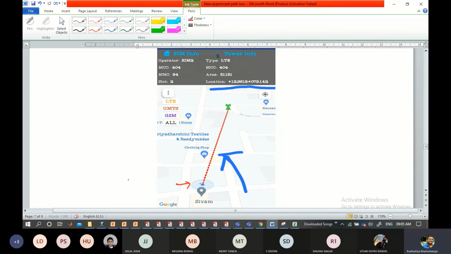Suppose you are taking your first reading through the MyTri app, at this location. Yes, sir, I am getting data under My SIM info, but not under the tower info. You have to click on the tower to get the info. Click on this button, tower info here. Is it coming? No, sir. Just click on that small tower once. This icon is blinking, I guess. I clicked on it, and it came. Okay, got it. Good.